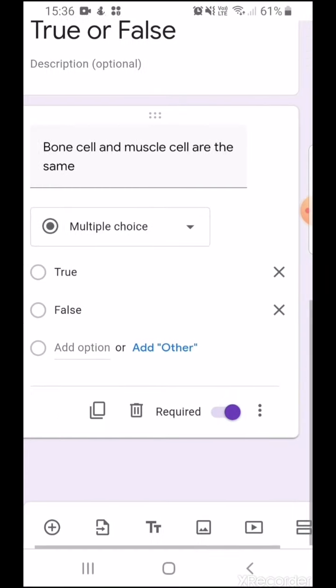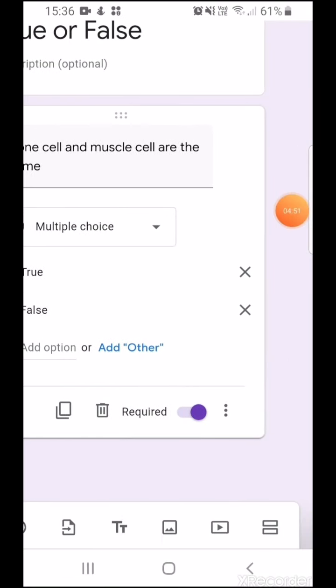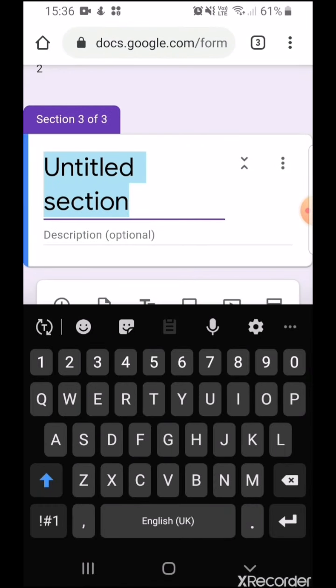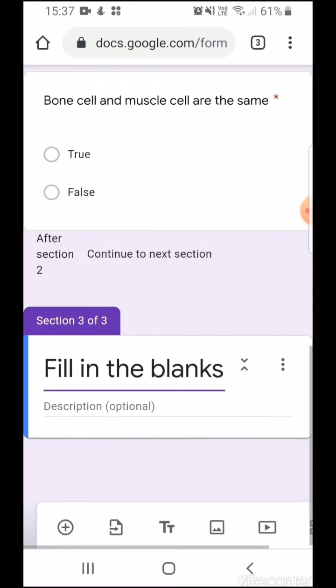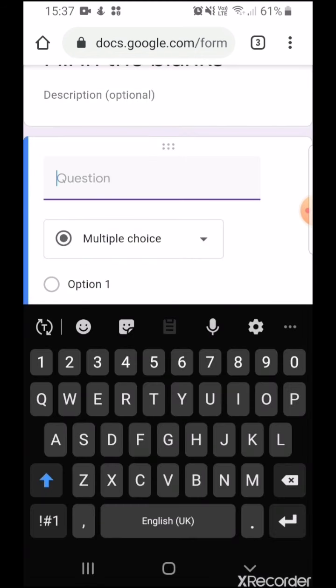Let's explore another question type. So for that, we're going to create another section. We're going to click the same icon on the bottom right corner. Here, I'm going to name this fill in the blanks. And I'm going to explore another question type over here. To add a question, I'm going to hit this plus sign on the left bottom corner. I'm going to fill in my question, that is